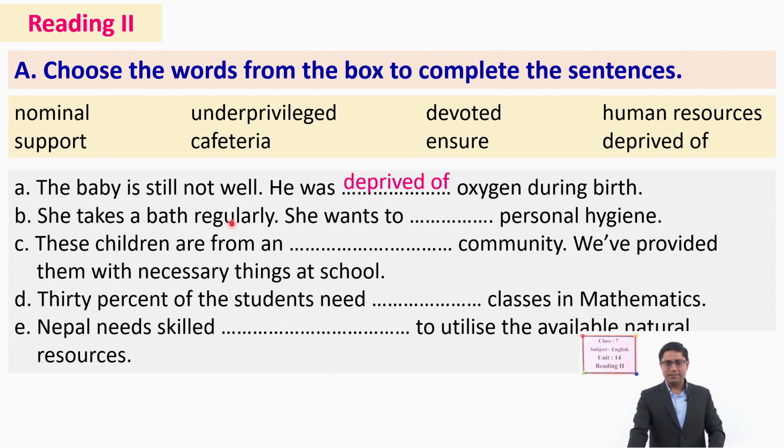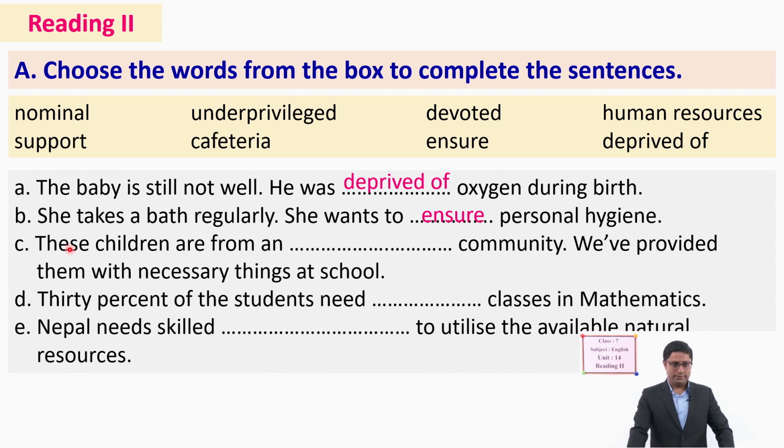She takes a bath regularly. She wants to ... personal hygiene. What might be the correct word here in the blank space? Can you guess? Okay, that is good. We need to use ensure here. She takes a bath regularly. She wants to ensure, means make sure, personal hygiene. Next,